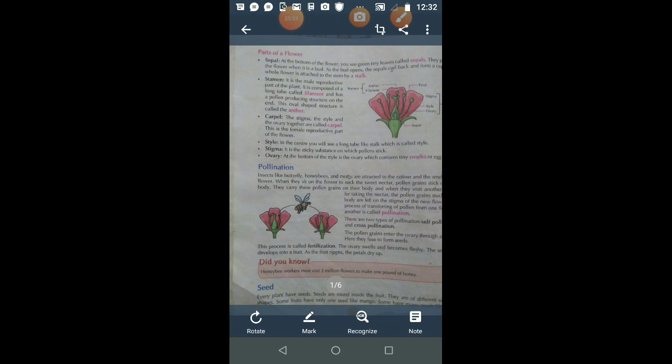In the first case, both male and female parts are in the same flower. So pollen is transferred from the same flower into the stigma of the same flower, which I have already shown you in the picture. I am talking about the same flower, with the male part and female part in the same flower. The anther moves pollen into the stigma, and this is known as self pollination.